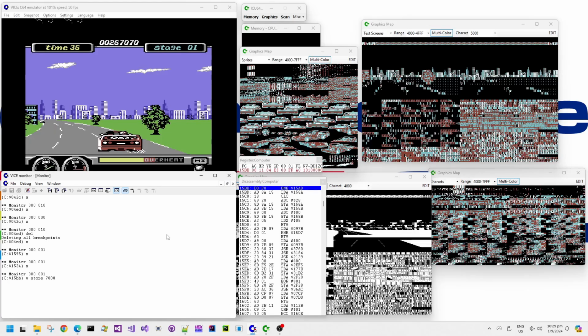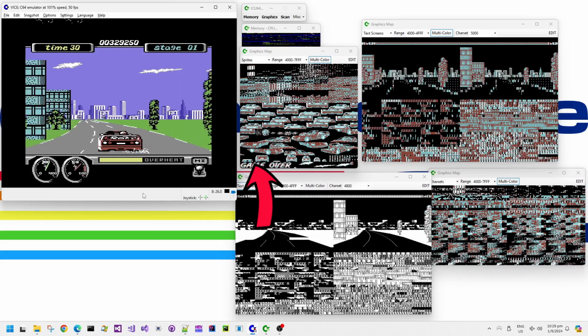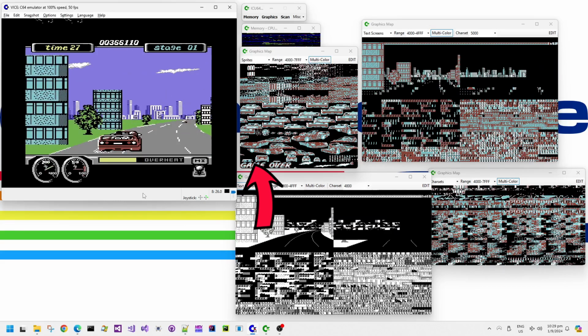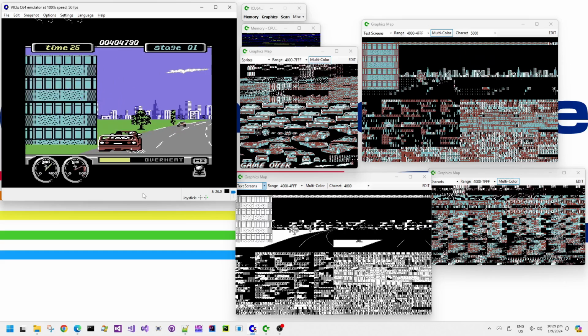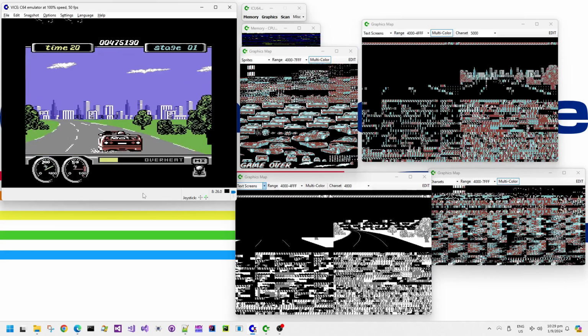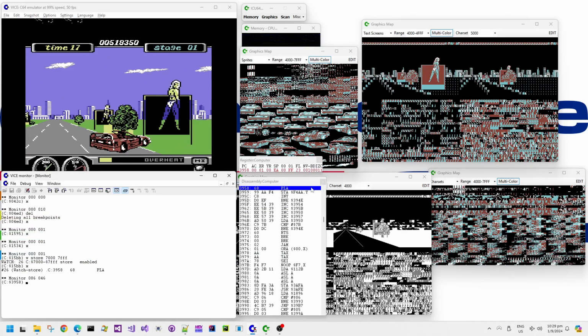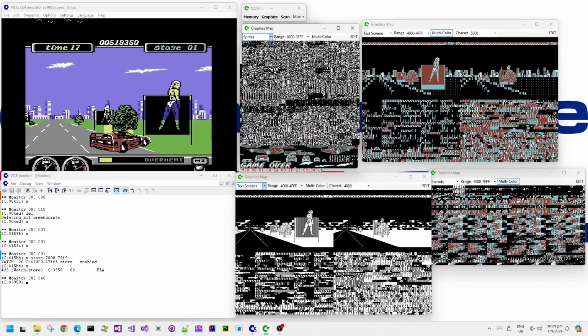Since we know we're getting dynamic sprite updates, let's do a watch point for storing data into the end of the sprite bank. And when we play the game, hopefully the car gets changed. So this is still a Mini, or whatever it is, let's see if we can get a police car to come on screen. Okay, it's still a Mini. There we go. So the breakpoint has triggered, and oh look, it's doing a load from $7800 and pushing it onto the stack, and then doing a load from somewhere else high up in memory, and then storing it into $7800. So let's have a look at the sprite data